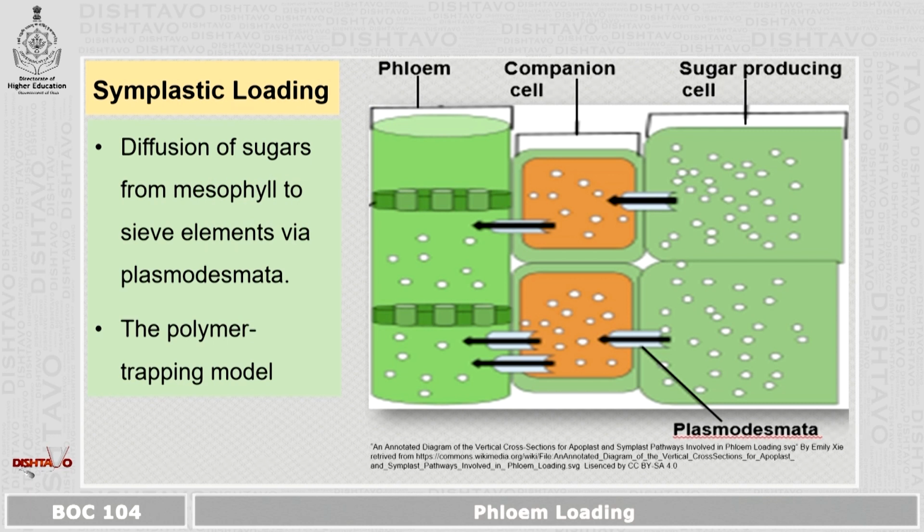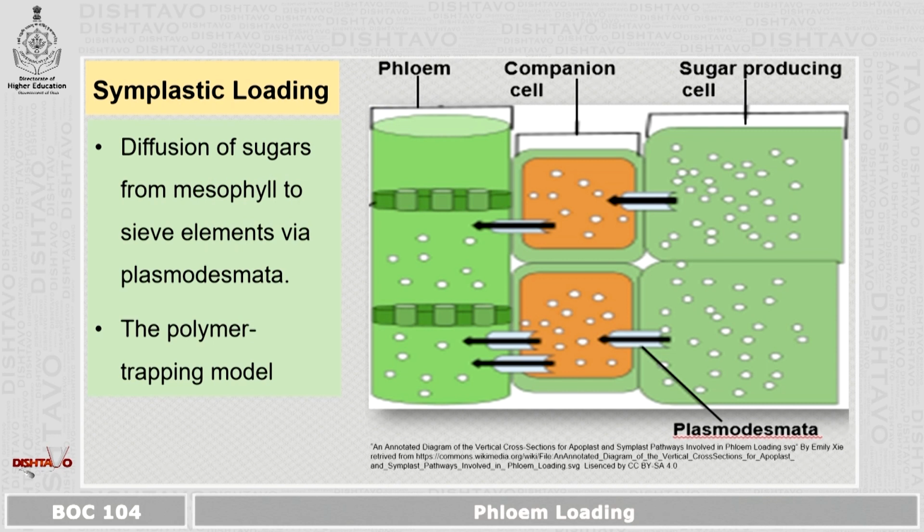Now it is a new term, plasmodesmata. They are nothing but channels which are found in each and every cell. These channels are used for the transport of solute materials. They can be any solutes. Here the solute is sugar, or the photosynthate. In this particular diagram, you can see how the sugar producing cell, that is the leaf, transfers the sucrose, which is shown in the white colored dots, into the companion cell and then into the sieve tube of the phloem. And it is transported through the arrows which are shown in this image. Those are the plasmodesmatal channels.